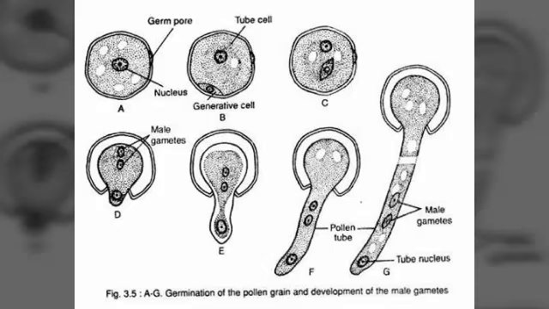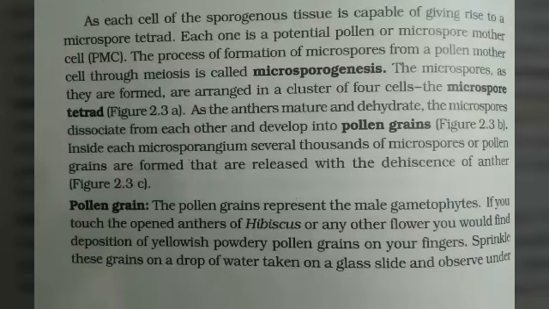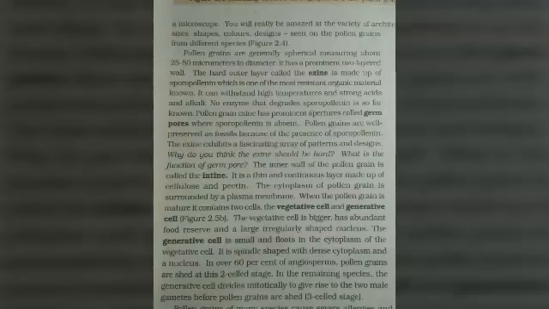So today you have learned about microsporogenesis, microspore, and the structure of anther. So this is the topic, you can read it properly. This is a very important topic in your syllabus, microsporangium and microsporogenesis. Microsporangium is a sac-like structure. Microsporogenesis is a process through which pollen grains are formed.